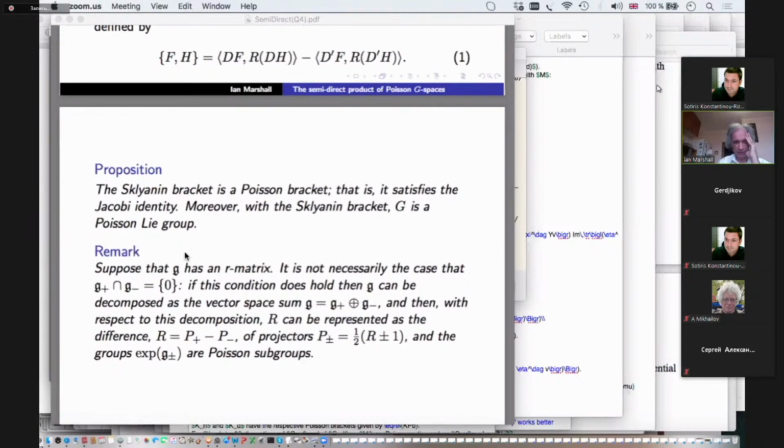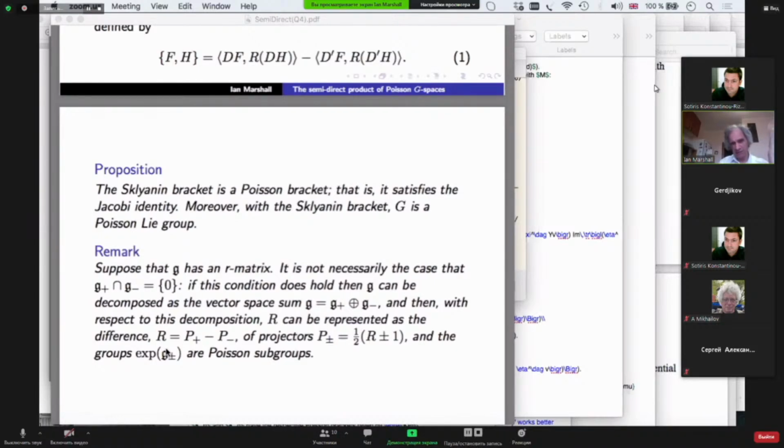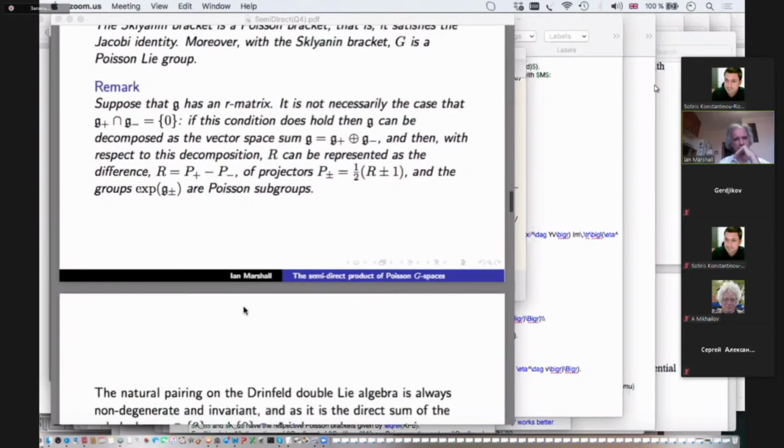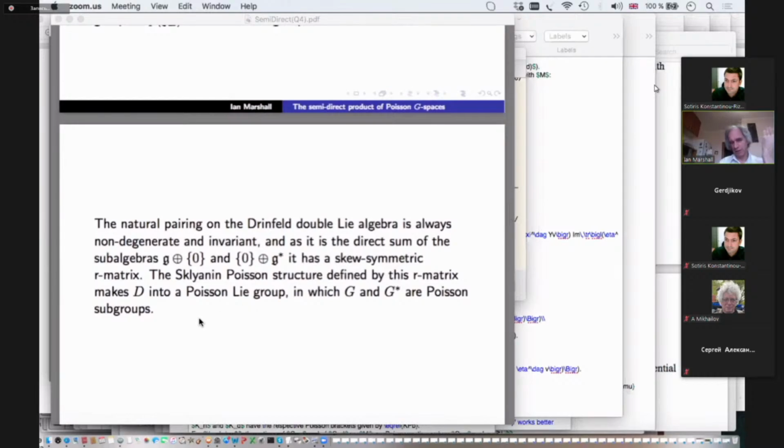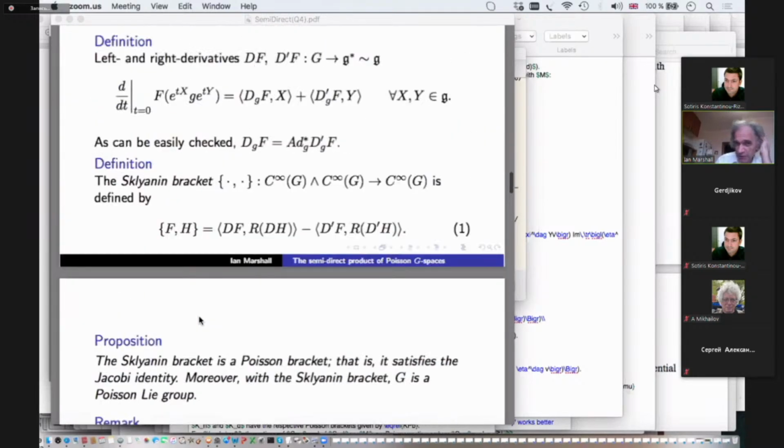And this is just another remark to say that it may not always happen that they have empty intersection, but if they do have empty intersection, then the groups corresponding, these G plus and G minus, are Poisson subgroups of G. And if we go back and look at the Drinfeld double, so if you see what the construction says,